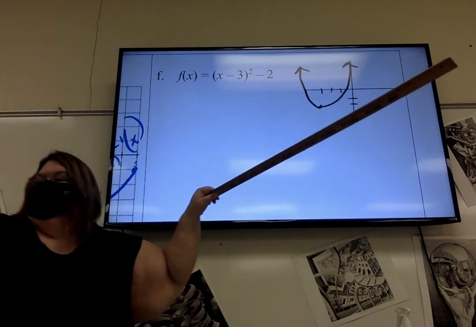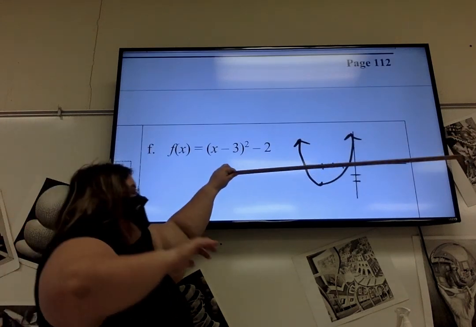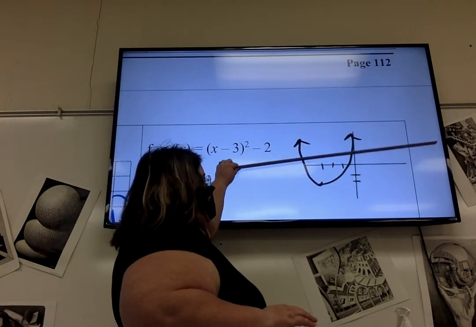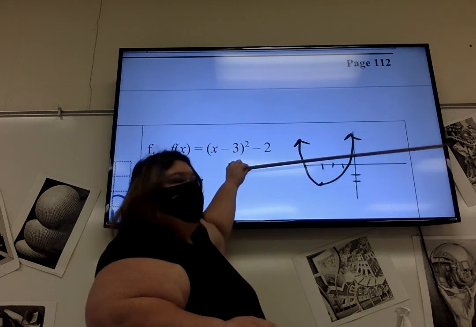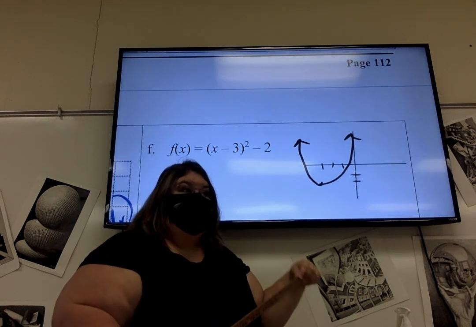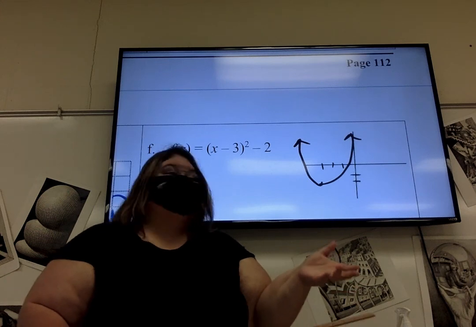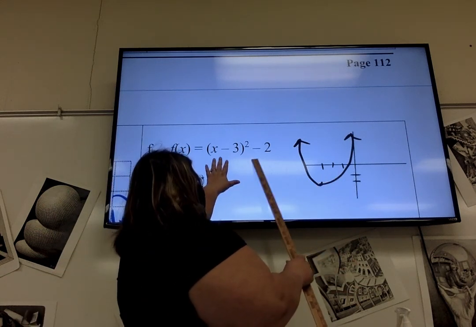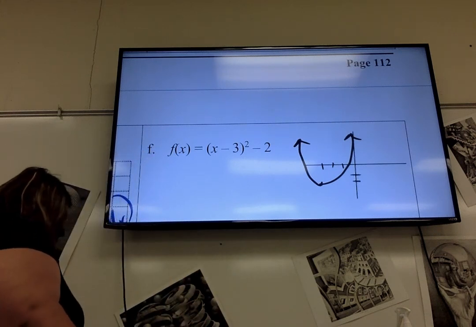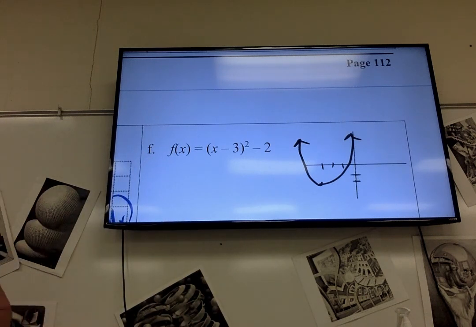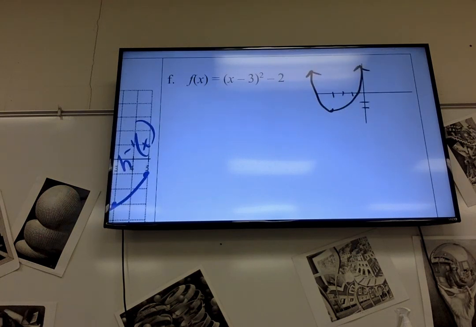And see, it's definitely not going to pass the horizontal line test because it's touching it in more than one spot. So you didn't even have to draw that. You could have just looked at it and said, oh, that's a parabola. Nah, it's not 1 to 1. So what we would write here is we would say f of x is not